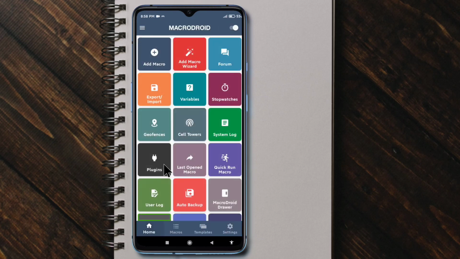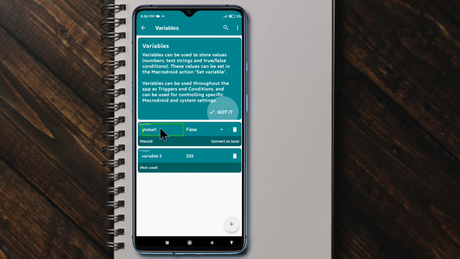Now go to home. Now go to variables. Now look, the global variable global1, which is of type boolean, is added in our variable style, while variable1 and variable3 are not added in our list because they are local variables with macro1 and macro2.